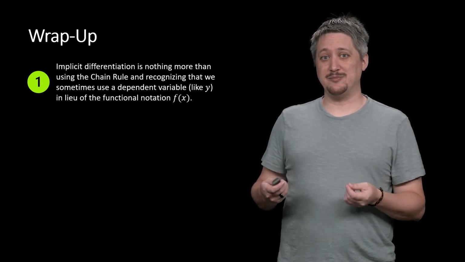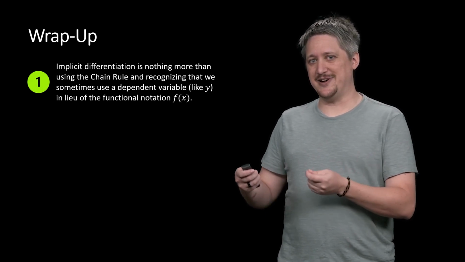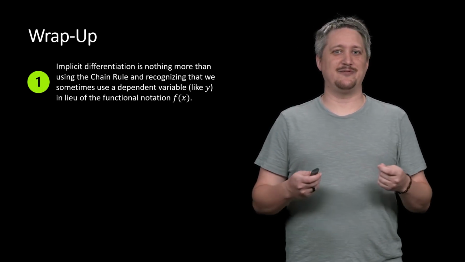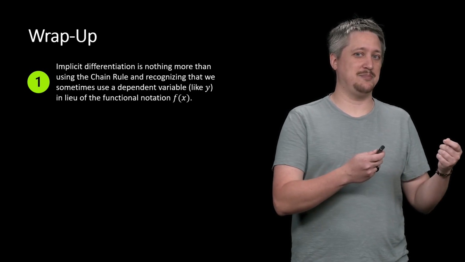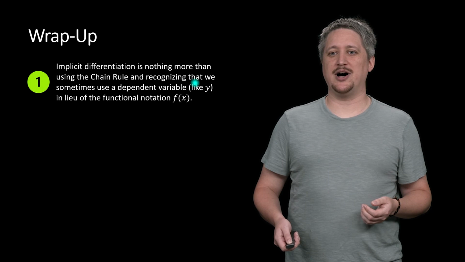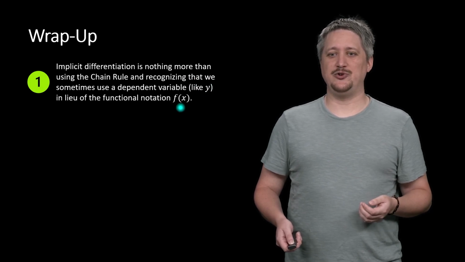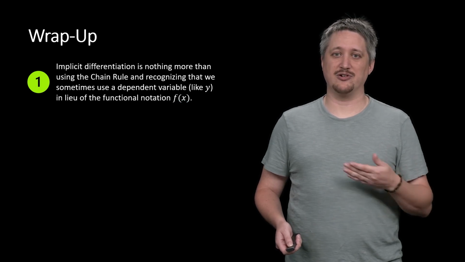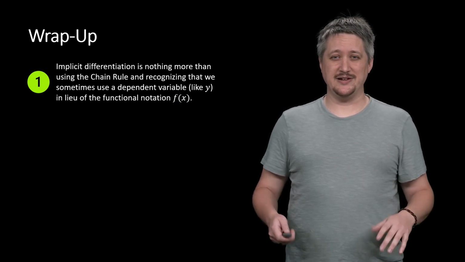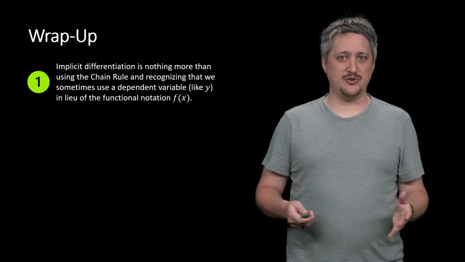So the whole thing with an implicitly defined single variable function, versus, say, an explicitly defined multivariable function, is that we write y, but we really mean y of x, right? And so instead of doing it like this, because it takes a lot more writing and is much longer and sometimes harder to read, we simplify it down to a y and use y prime,